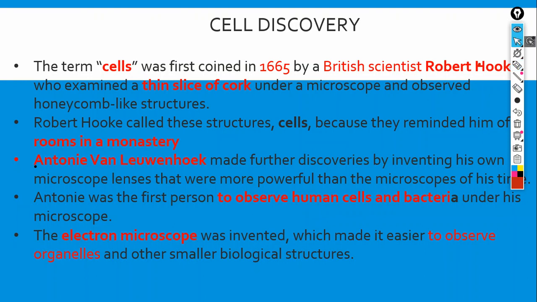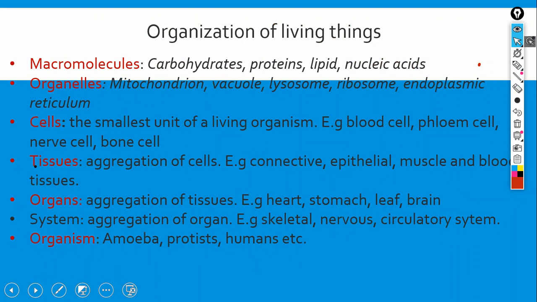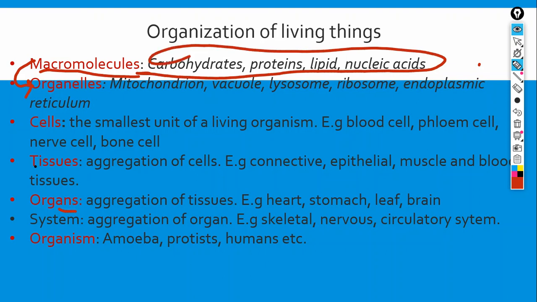All right, the next one says the organization of living things. We have macromolecules, which are synonymous with organelles, as I said. These organelles, these macromolecules, come together in different ways, and we're going to see that when we observe the different organelles, such as mitochondria, vacuole, lysosome, ribosome, and the endoplasmic reticulum. We're going to see the way these macromolecules come together